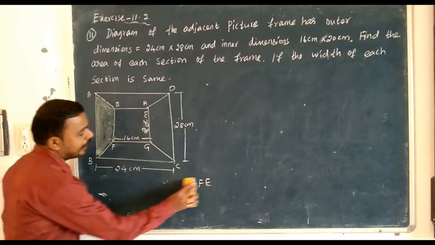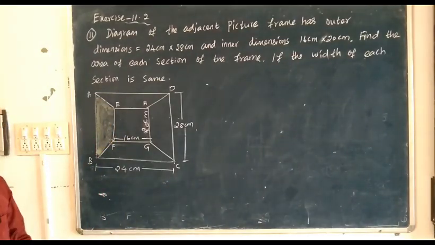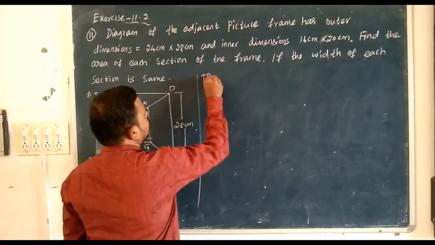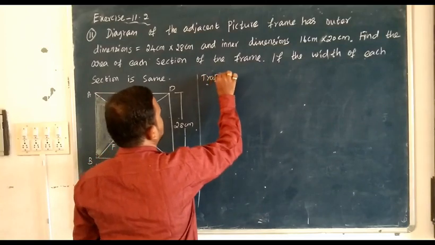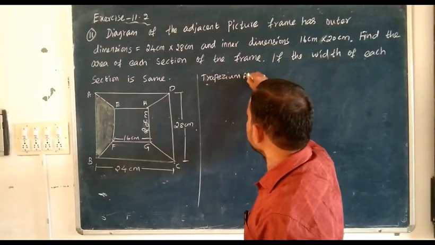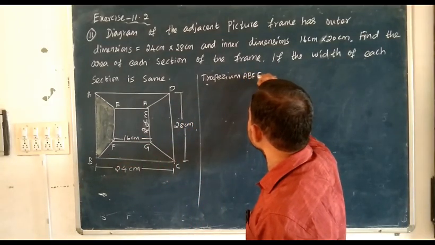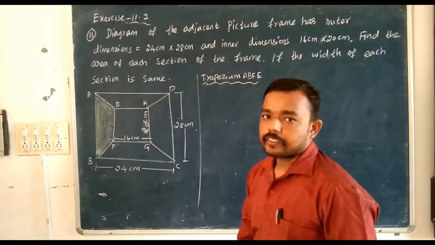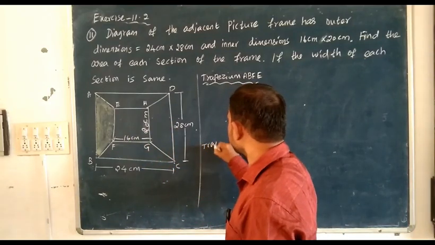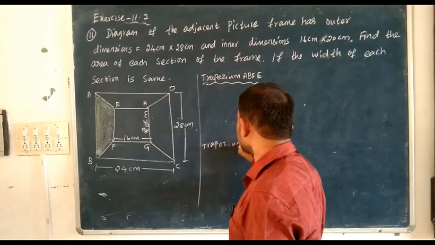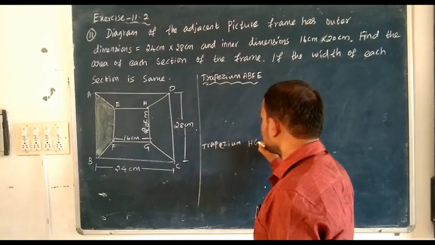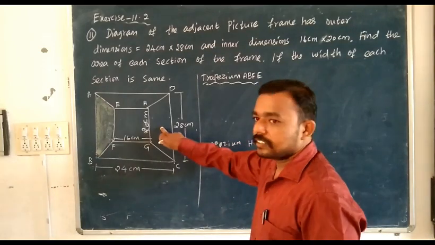First of all, I am going to find the area of this trapezium. So each section we need to find now. For that trapezium, this is a trapezium, so trapezium A, B, F, E. Okay, one. Each section. Then come to this side. So trapezium, this frame. This frame is nothing but HG, CB.